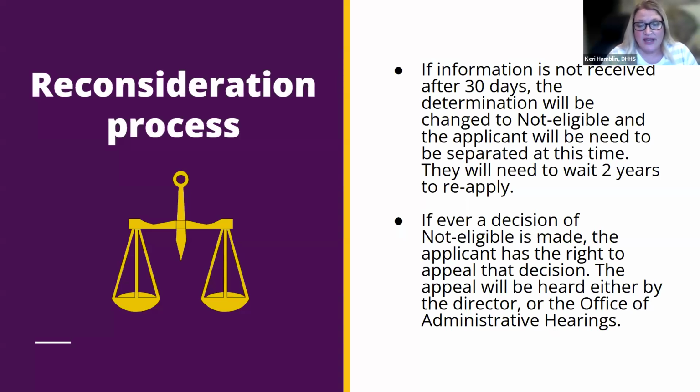Now, if something happens within that 2 years, say they don't follow through and we don't hear from them and the 30 days passes and the application closes, but then maybe they were able to get their charges reduced, or something was expunged, or they completed certain requirements, they can always contact our office. If there's been a significant change in the status of that criminal history, or the reason they were made not eligible, we can take a second look at that time. Otherwise, they have to wait the 2 years to reapply.